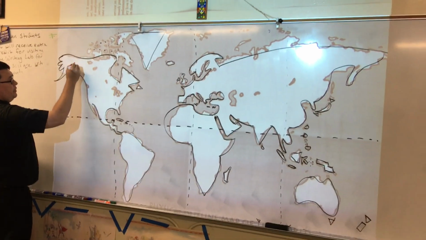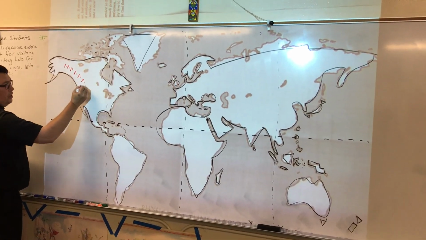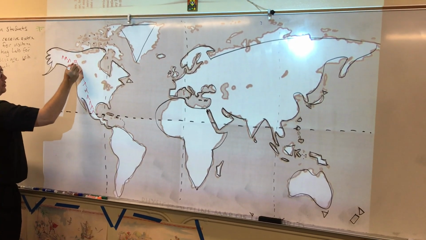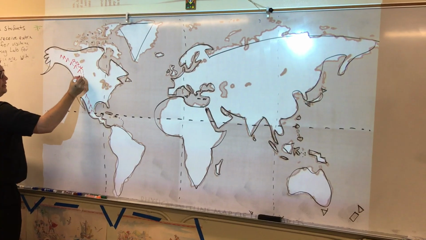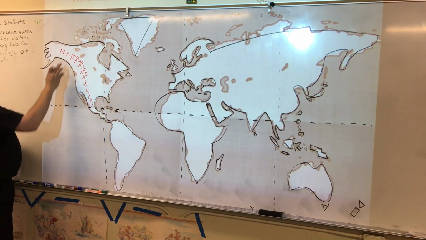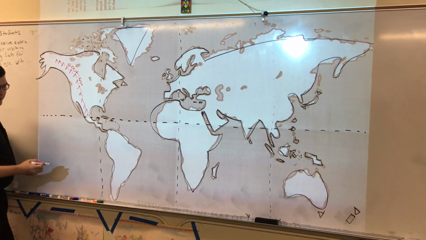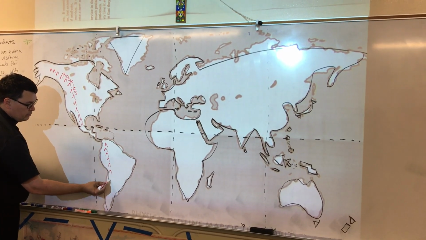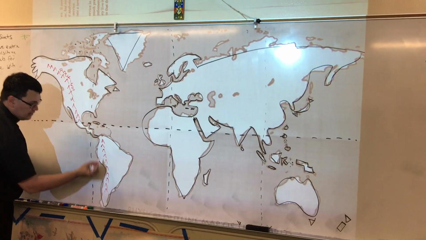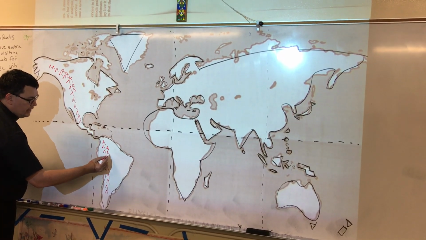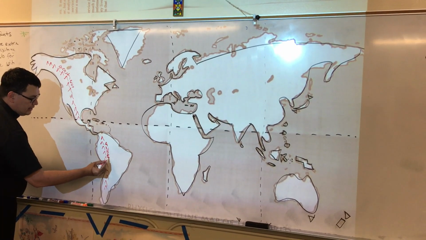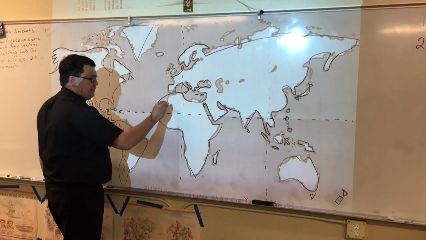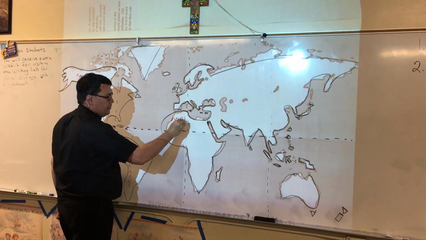The first big mountain range is here in North America. It goes all the way down into Mexico, and these are the Rockies. So the Rocky Mountains are here in North America. We move into South America, and these are the Andes, A-N-D-E-S, the Andes. In Africa, we have the Atlas Mountains here in the north,